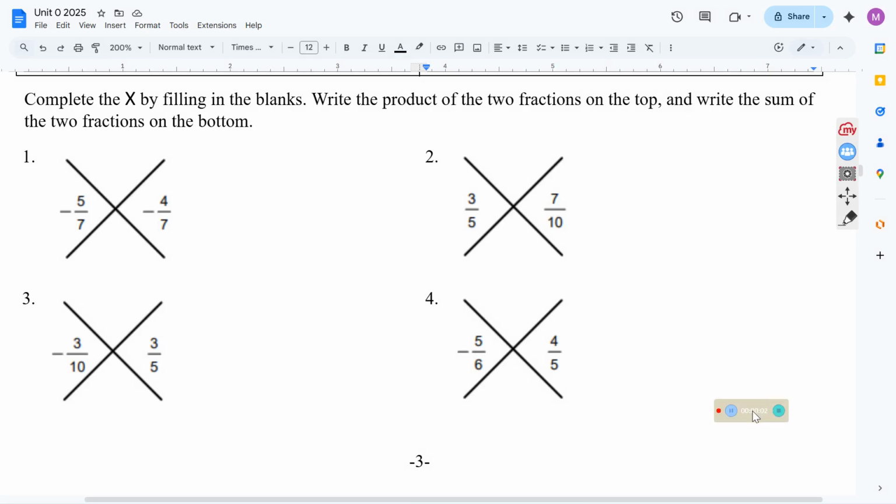So looking through Unit 0, we have to work through fractions. This is the first video I've uploaded about the Unit 0 review. So go ahead and use this if you're trying to review adding and multiplying fractions. We're going to start off by just understanding what this